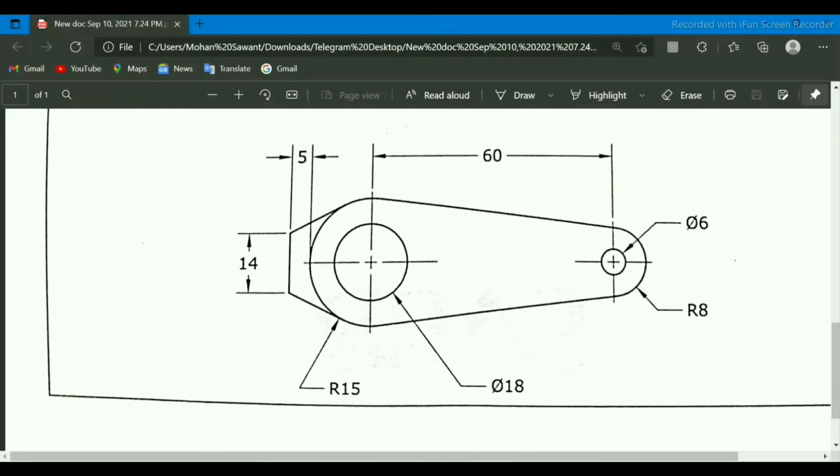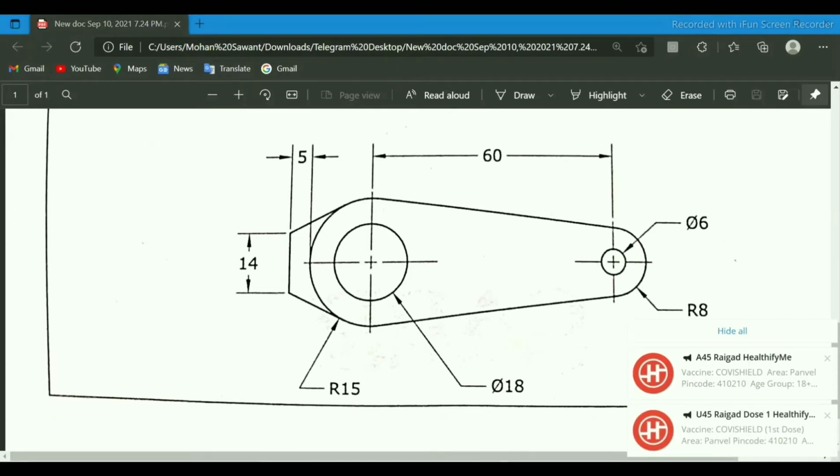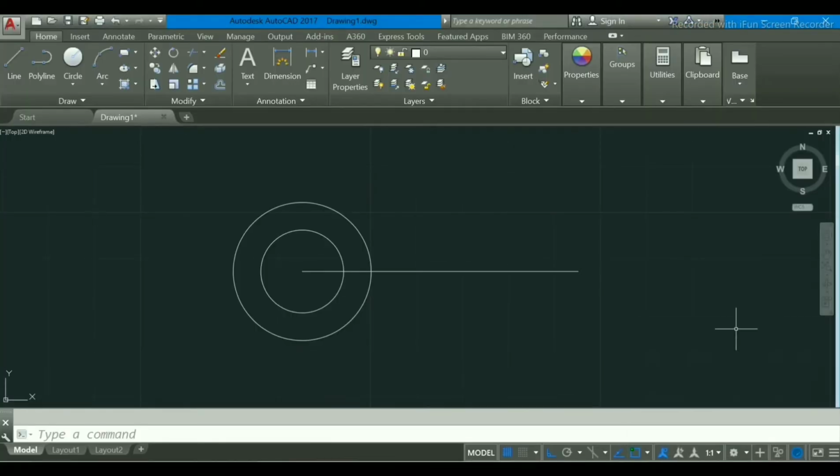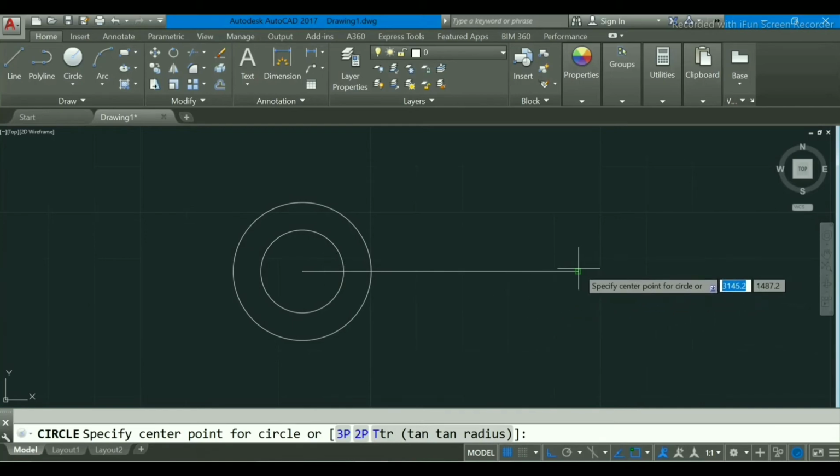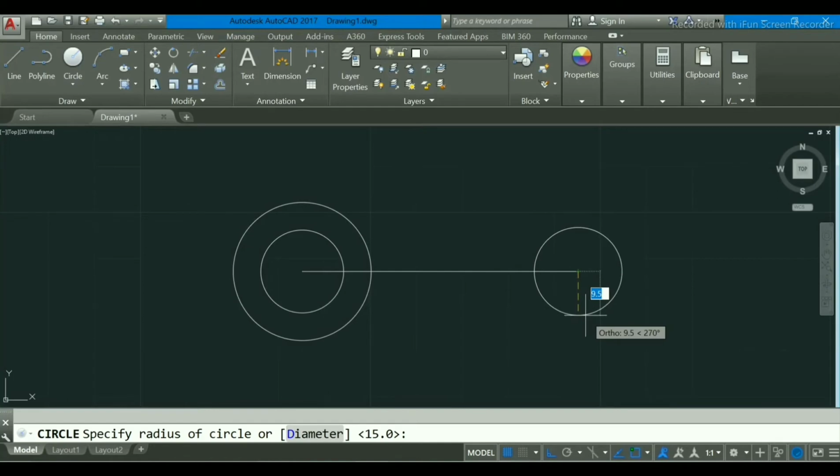Now again we have to make two concentric circles, that is radius 8 mm and diameter 6 mm. So first of all I will make the radius and then the diameter. Press C, enter again. Select this endpoint. Press D, enter, as 8 mm.